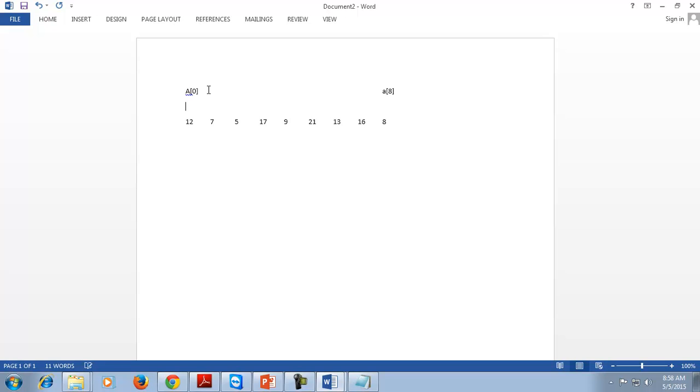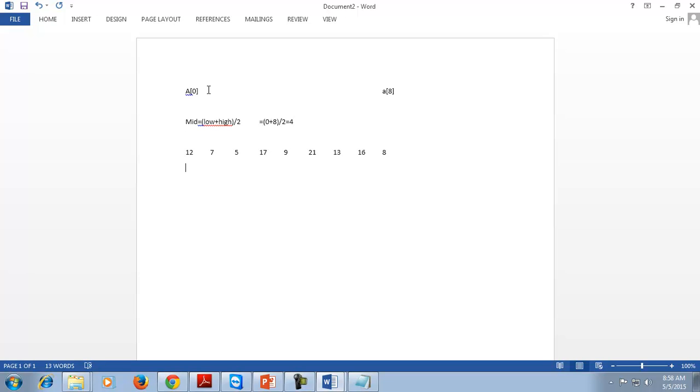If we want to find the mid value, then mid is low plus high divided by 2. It means 0 plus 8 divided by 2, which equals 4.